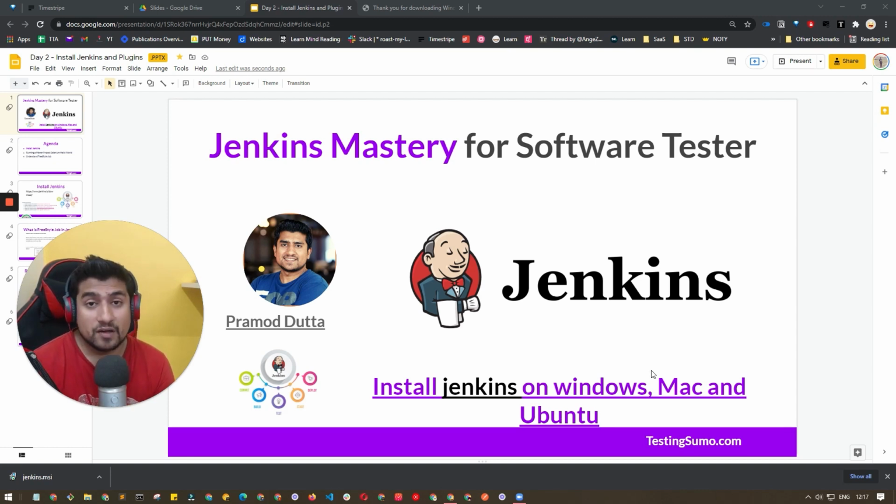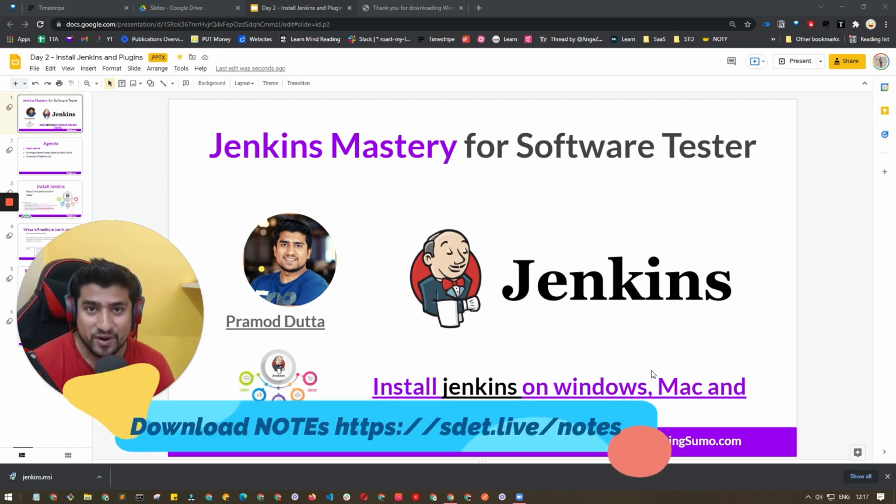And trust me, I was very confused at that time. I was just telling myself, why don't I know Jenkins? I have 3 years of experience as a software tester. And then I went to one of my friends who was a developer, and he said he also didn't know at that point, because